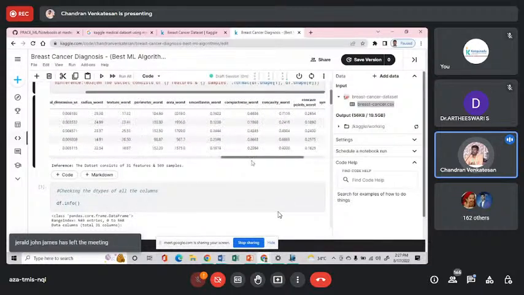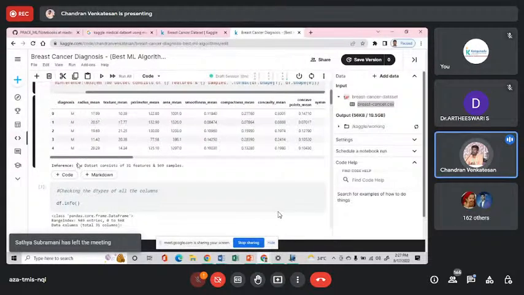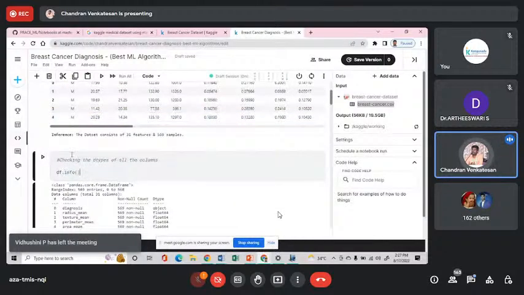So this is how the dataset looks. The dataset consists of 31 features, and in total we have around 569 samples. The next step is checking the data types of all the columns. Why we need to check the data types of all the columns is that you know that machine learning algorithms